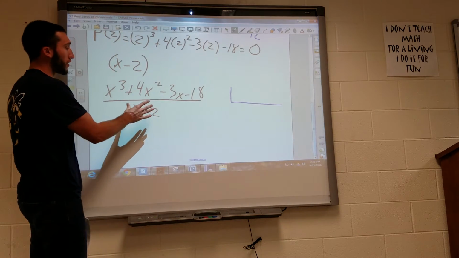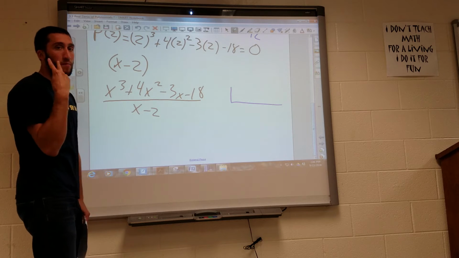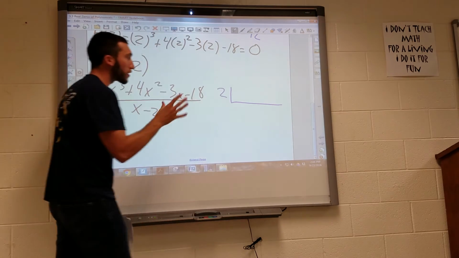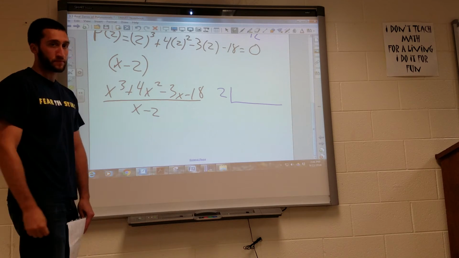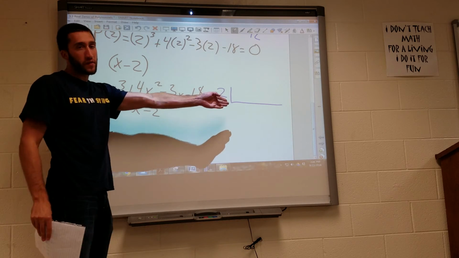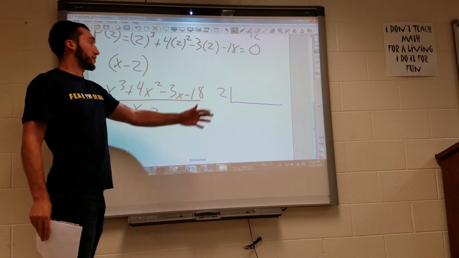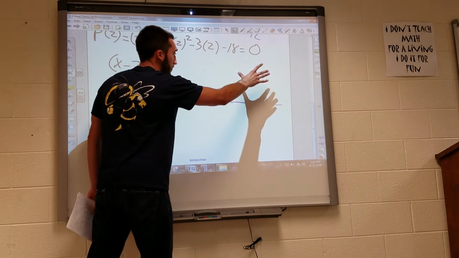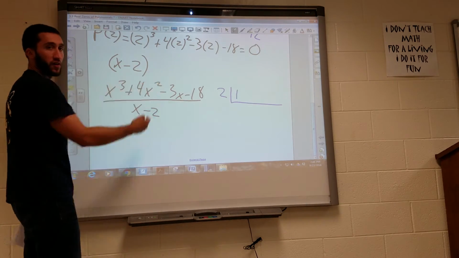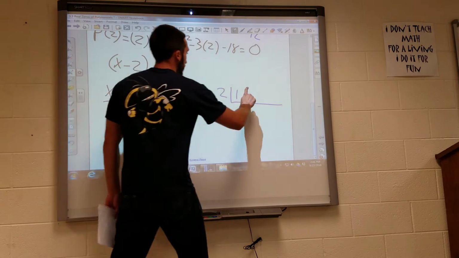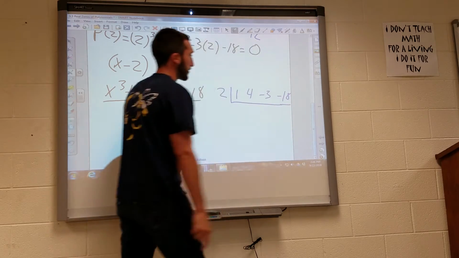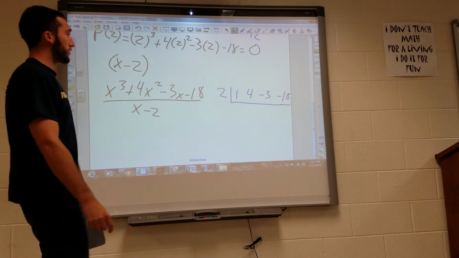Whatever my 0 is, so my 0 in this case would be a positive 2, because 2 minus 2 makes the 0. Whatever my 0 is, I plug that in. And then inside, so this is kind of like long division like we learned in elementary school, right? So inside my division, I'm going to plug in just the coefficients of my polynomial. So 1, 4, negative 3, and negative 18. All right, so then I start,